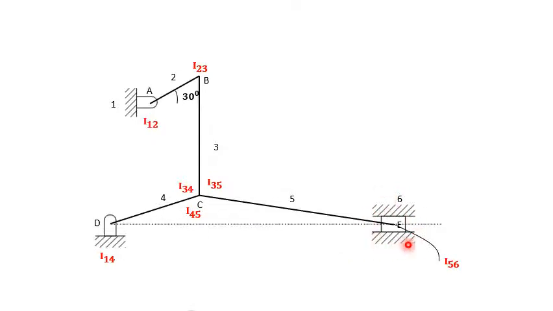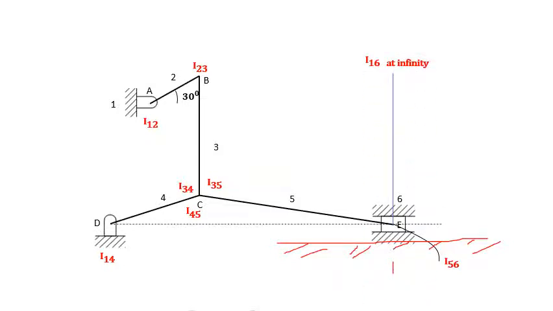So the last one, special case, the slider. The slider is sliding on link number 1, right? Slider is link number 6, which is sliding along this link. So this is link number 1. And the slider is an element with infinite radius. Therefore, its instantaneous center lies at infinity. I61, because the instantaneous center of 6 and 1 lies at infinity, because the slider is an element with infinite radius.